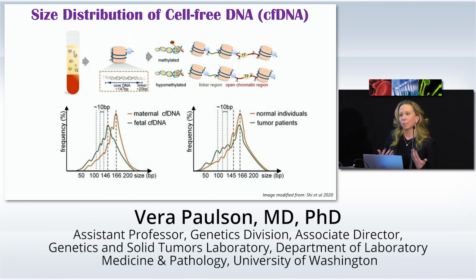The underlying process, why this is being put out into circulation, can affect the size of the cell-free DNA fragments. Normal cell-free DNA is about 166 base pairs, the size of the nucleosome plus linker. But when you're looking at fetal, or really placental DNA, circulating DNA, or you're looking at tumor DNA, the size is shorter. It's about 144 base pairs. And I think this is due to changes in the access of DNA to enzymes that are present. As it turns out, and we won't discuss this too in depth, but we actually think the way that we're isolating these fragments have skewed our understanding a bit as to what their actual size is.